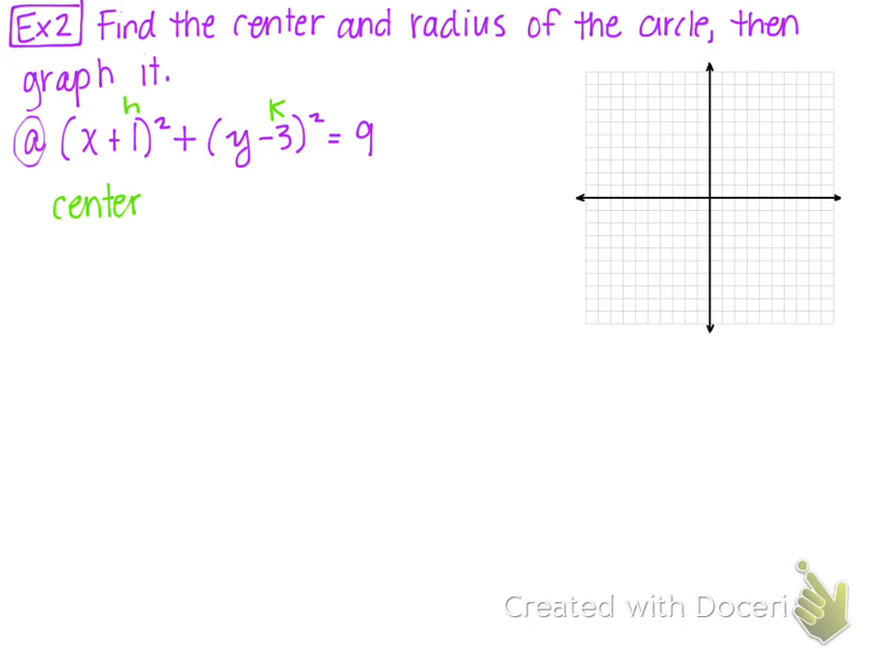So the center is (h, k), but don't forget, we're going to change the sign. So this is a positive 1, so when we pull it out, we're going to make this a negative 1. The k is a negative 3, so when we pull it out, we're going to make it a positive 3. So that's our center. Now our radius